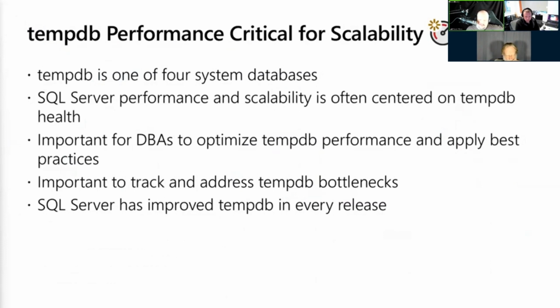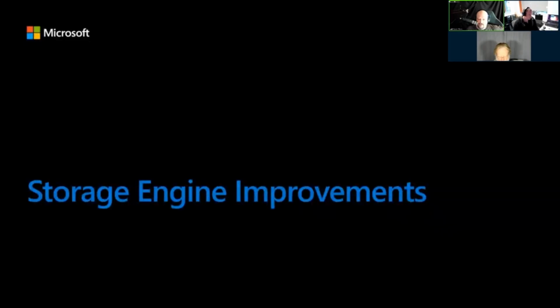But even with the best practices being applied, and we'll have a discussion on this, to make sure that we are all on target for these best practices, we strongly recommend monitoring TempDB using sys.dm_os_waiting_tasks in older versions of SQL, and in 2019 using the function page res cracker to give additional details helpful for troubleshooting. I guess the important point is that SQL Server has improved TempDB in every release, and SQL Server 2022 is no exception. So now that we've set the stage, we're going to get into some of these improvements.